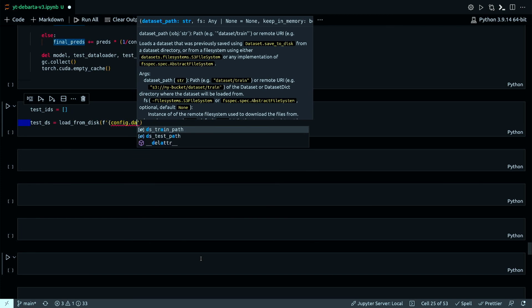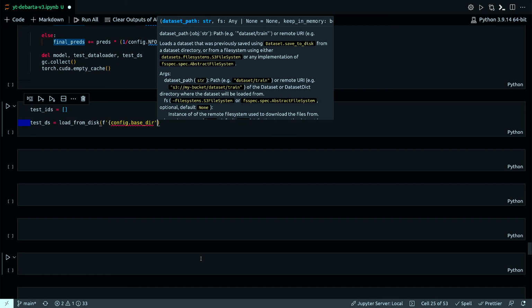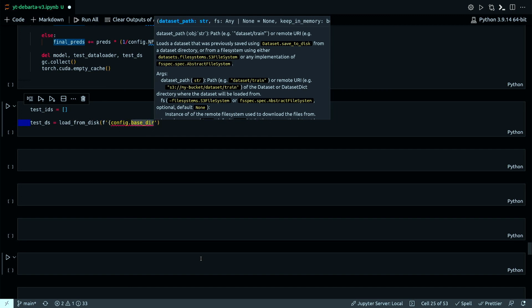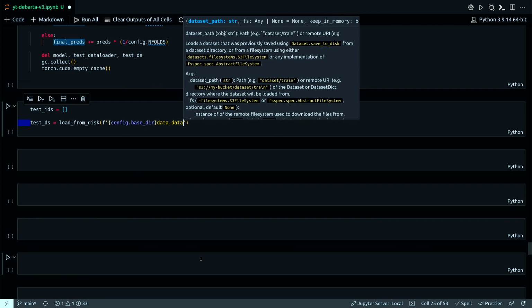Config.baseDir. The base dir and then data set.